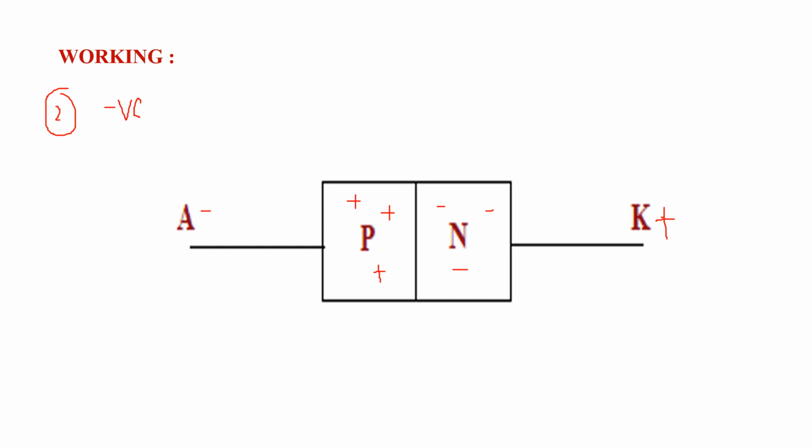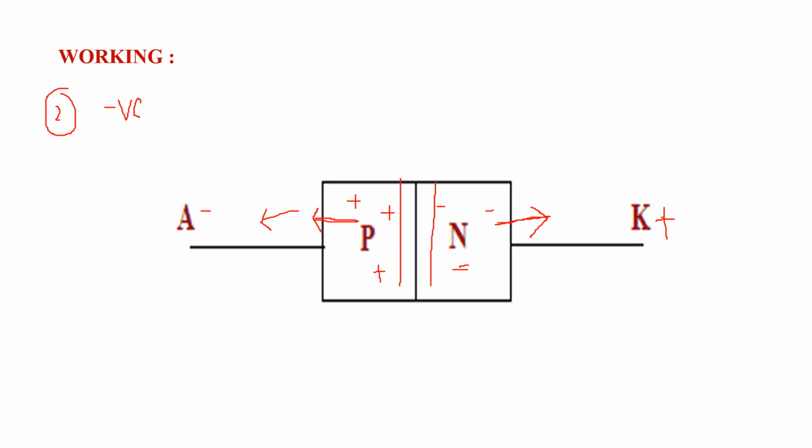Here the anode is negative and the P layer has positive charge carriers. So there is an attractive force between negative and positive charge carriers. So these holes try to move to this side. And similarly the electrons present in the N layer are attracted by the cathode, that is the positive terminal. So holes are moving to the left side and electrons are moving to the right side, which means the width of this junction is